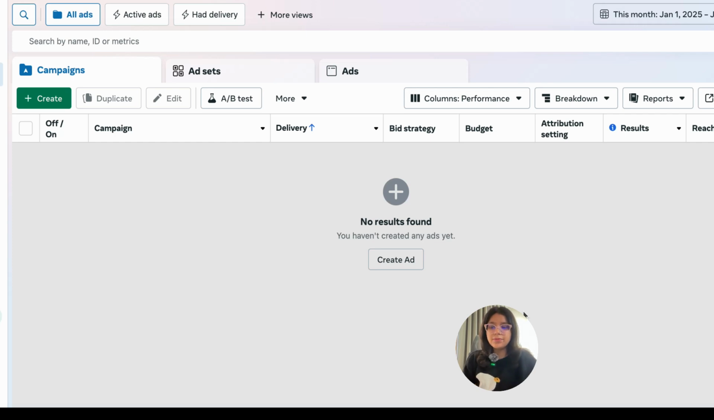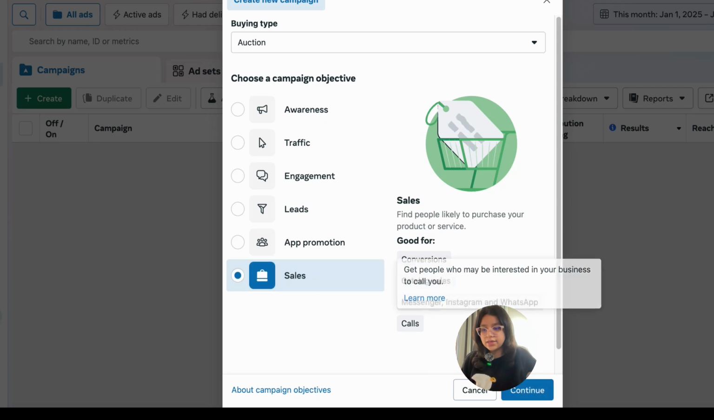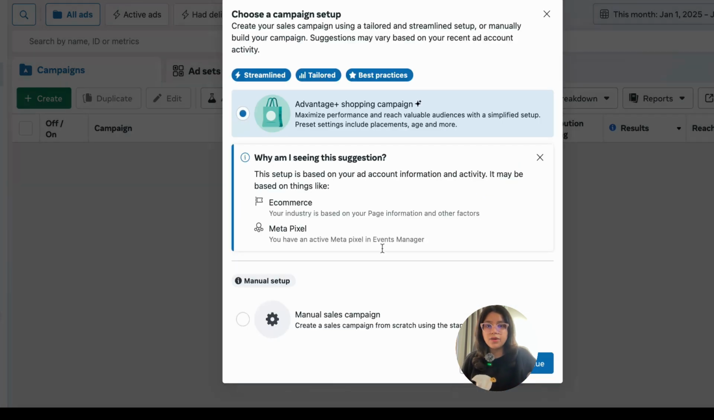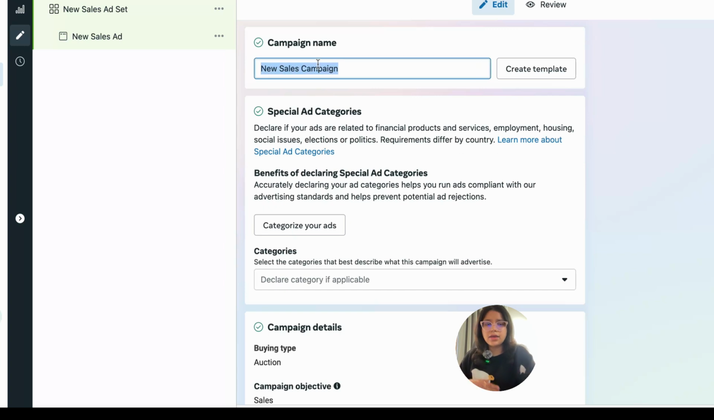So, we'll set up our creative testing campaign right now. I am in a sample Facebook ads manager, and I will create my first campaign here. So, I'm going to click on create. I'm going to go on sales, and we are going to name our campaign something like CBO prospecting,